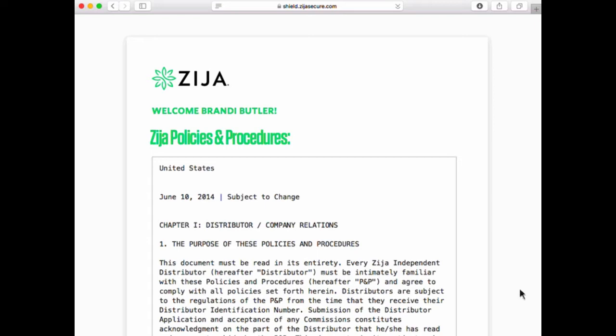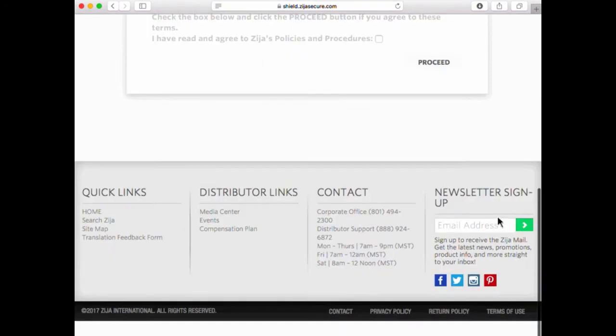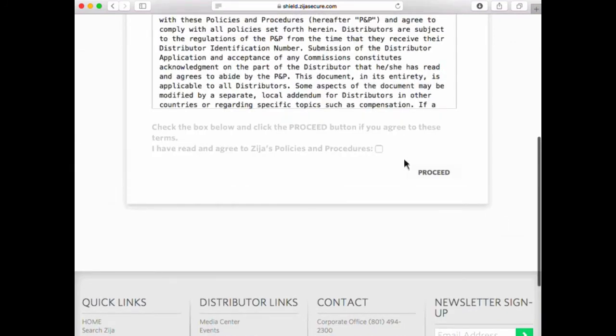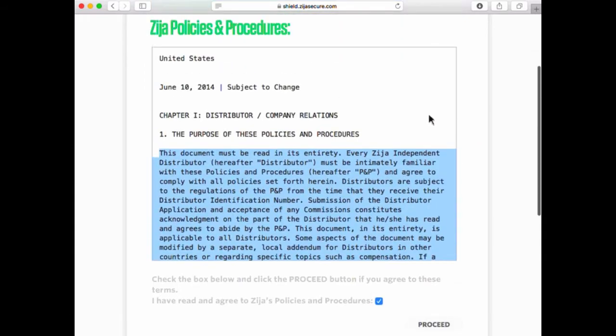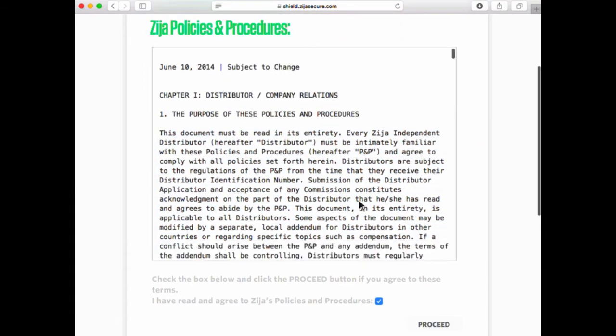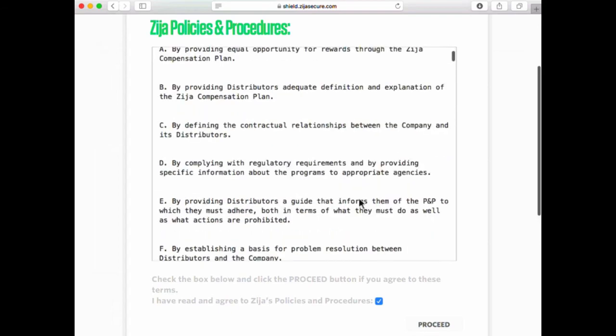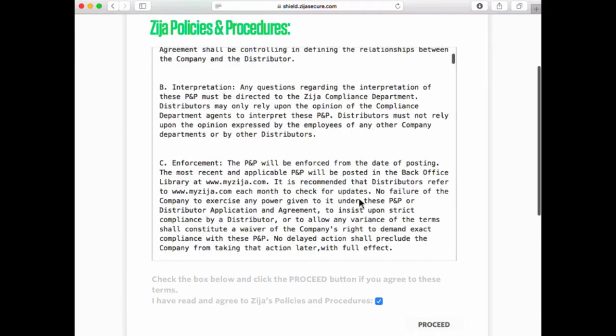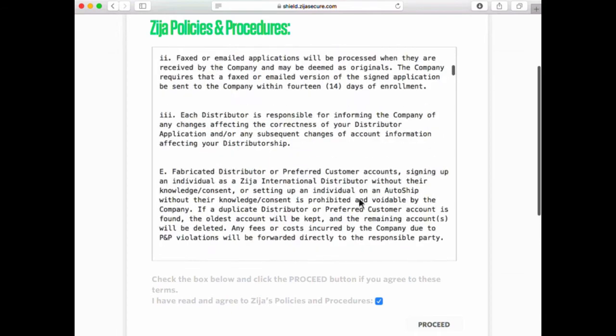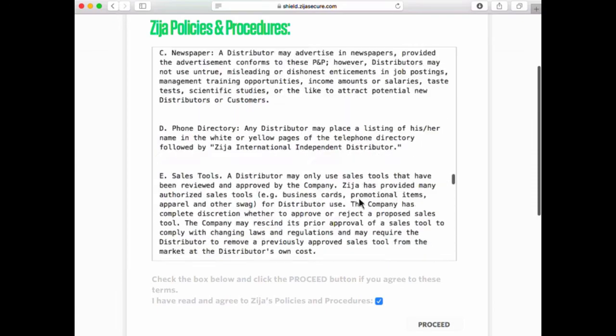Now, once we get into the back office, you'll notice that there's the policies and procedures. They want you to read them. You'll see most current update 2014. And when you scroll to the bottom, you'll see you have to say you've read them and proceed, and it won't let you. And the reason why is because it knows you couldn't have read them because you haven't scrolled through. So you're going to read these policies and procedures and scroll all the way through to the bottom,